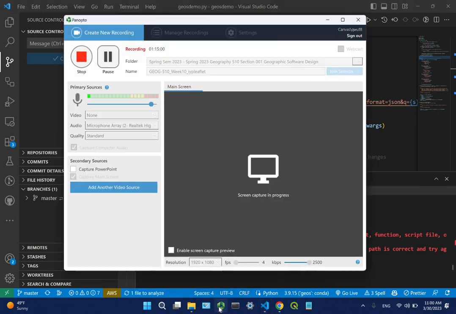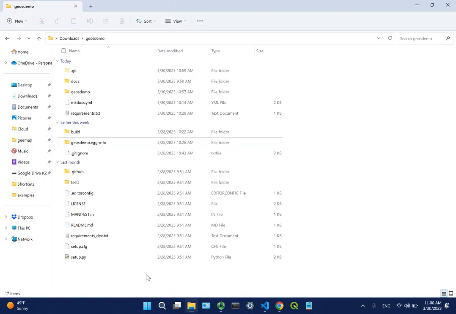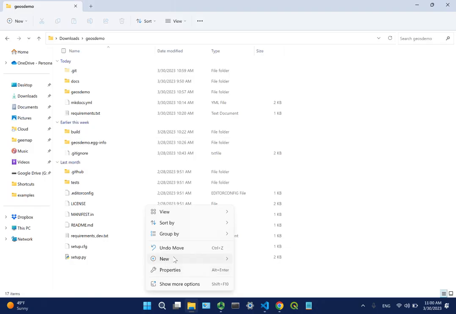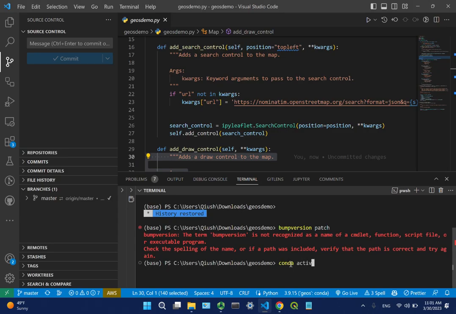What comes before patch? Say it again. What comes before patch? It will be bump version. So bump version, patch, minor, major. So usually if it's a small bug you want to just patch. Let me just show you here. Conda activate gos, and right now I should have the bump version. So bump version patch